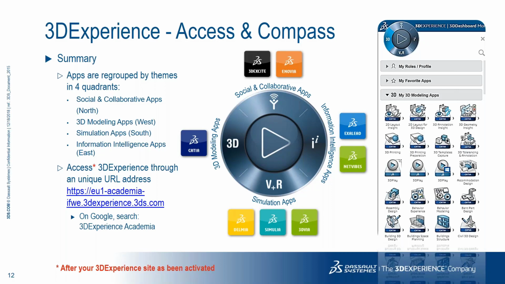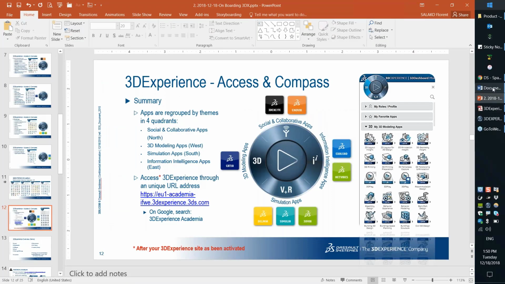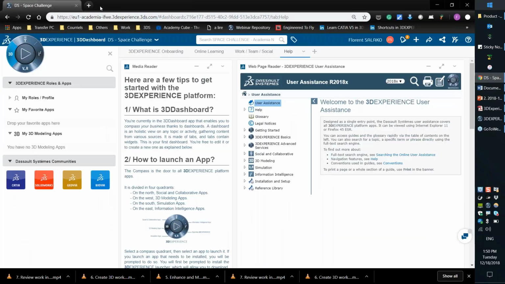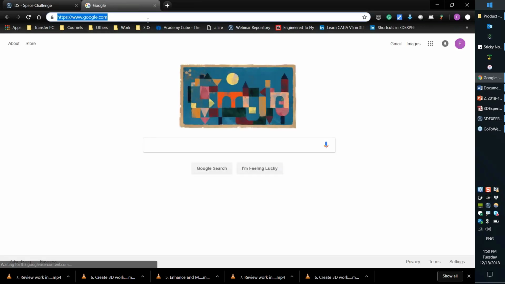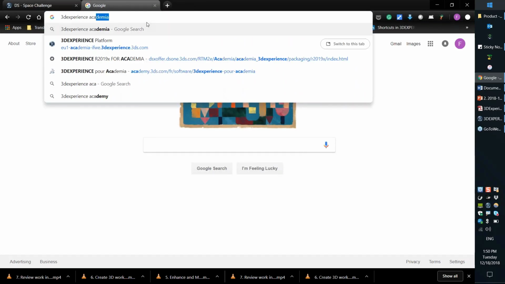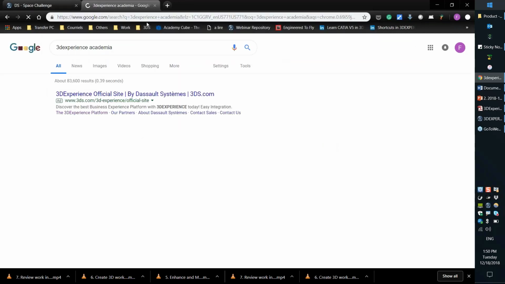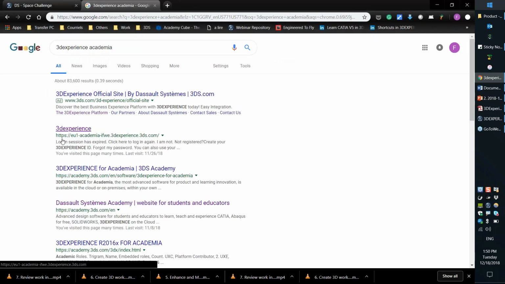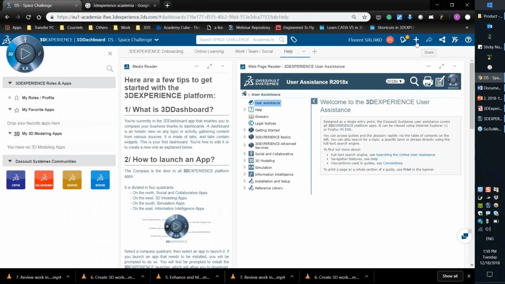So you received an invitation and you're invited to accept the invitation, and once it's accepted, you're going to connect. If you did not accept, or you do not remember the address, what you can do is go on Google and search for 3D Experience Academia. With those words, the first link that is not an ad will be the entry point. Right now I'm already connected, so let me sign out